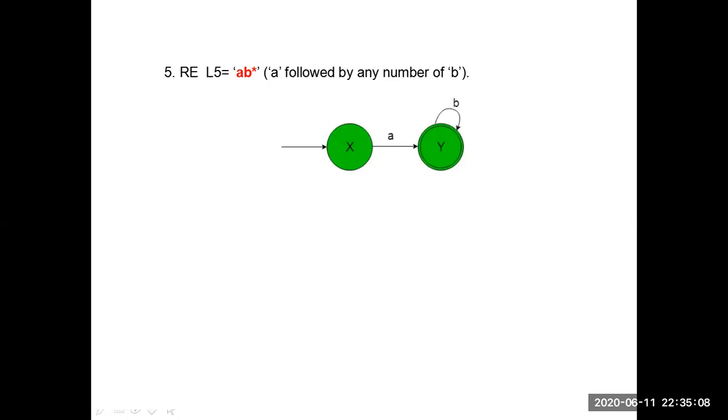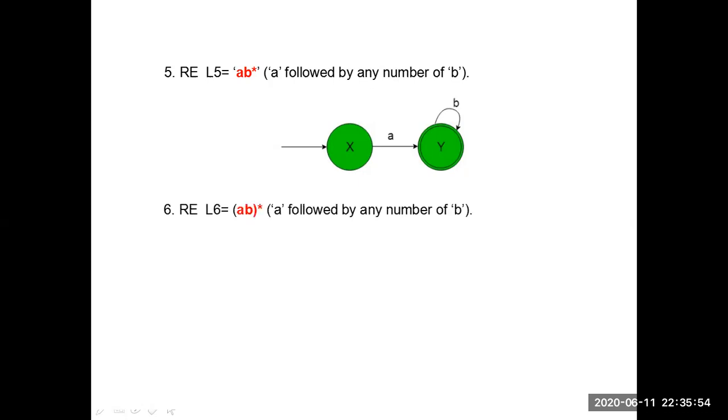After the one A, which is compulsory, when we come to the B's, it has a choice; any number of B's can come. So we are giving a self loop. From the initial state, A must be there, then after A it is directly going to the final state. Why? Because while writing these regular expressions, whenever B star is given, first assume empty B, single B, double B, triple B, like that. Clear? So reading A, X moves to final state Y, and on any number of B's it stays in final state Y.